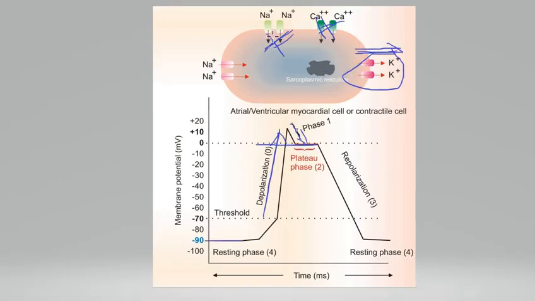Now sodium channels are closed and calcium channels are closed. Only potassium channels are open and leaking out a huge number of cations. And now the cell gains electronegativity and the transmembrane potential goes from 0 to minus 90 millivolts. This phase is known as repolarization of the cell.